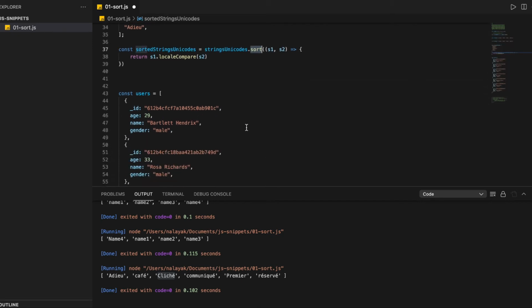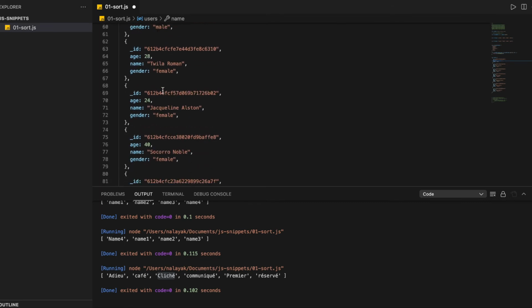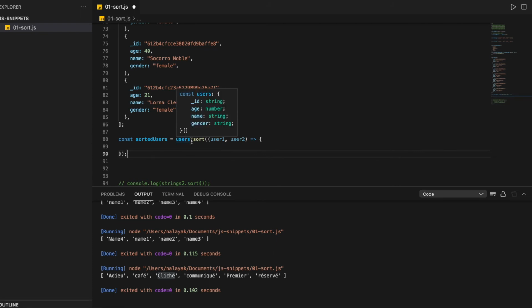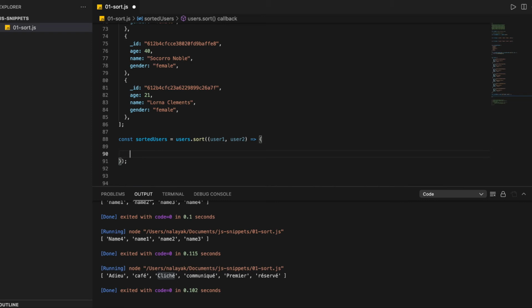So let's take an example of a user array. As you can see, this user array has name, age, number and gender, and we want to sort these users based on the name. Similar to our string array, we can pass the custom comparator function over here. For instance, the parameters will be user1 and user2. Based on the result, we are going to sort it. Again, we can use localeCompare to compare the name.